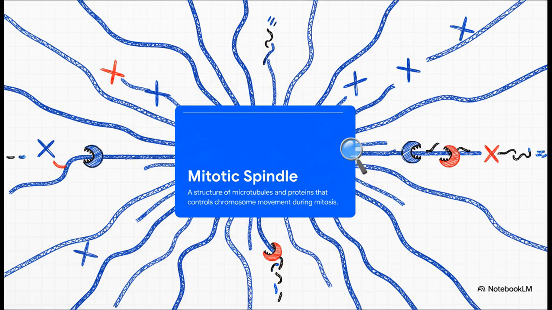Then, motor proteins literally walk the chromosomes along these microtubule tracks. Scientists actually often describe it as an arcade Pac-Man mechanism. The motor protein literally chomps down and depolymerizes, or breaks apart, the microtubule track behind it, reeling the genetic material safely to the opposite poles. It's totally mind-blowing when you think about it.